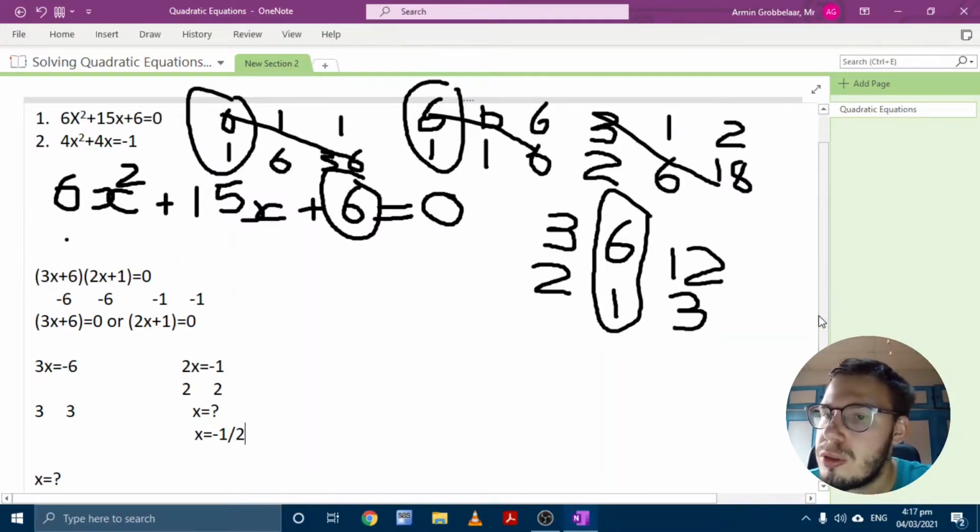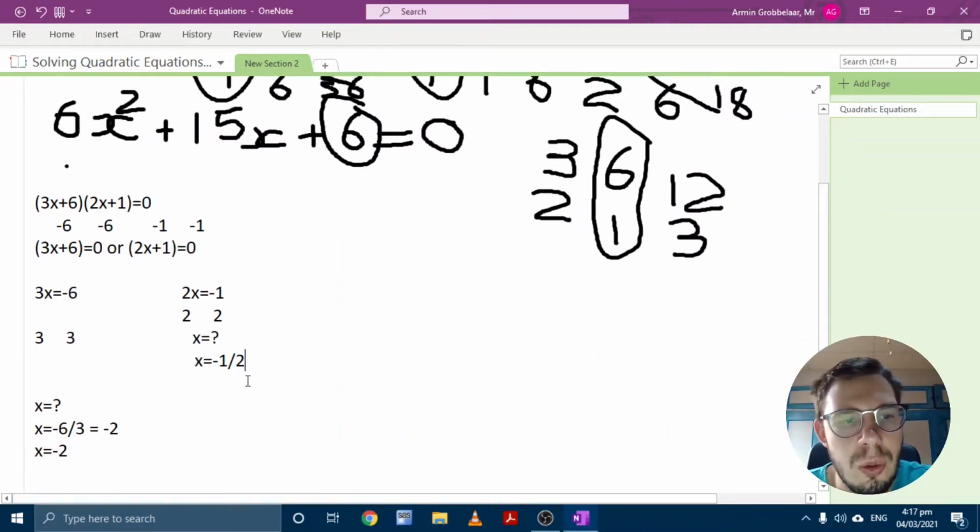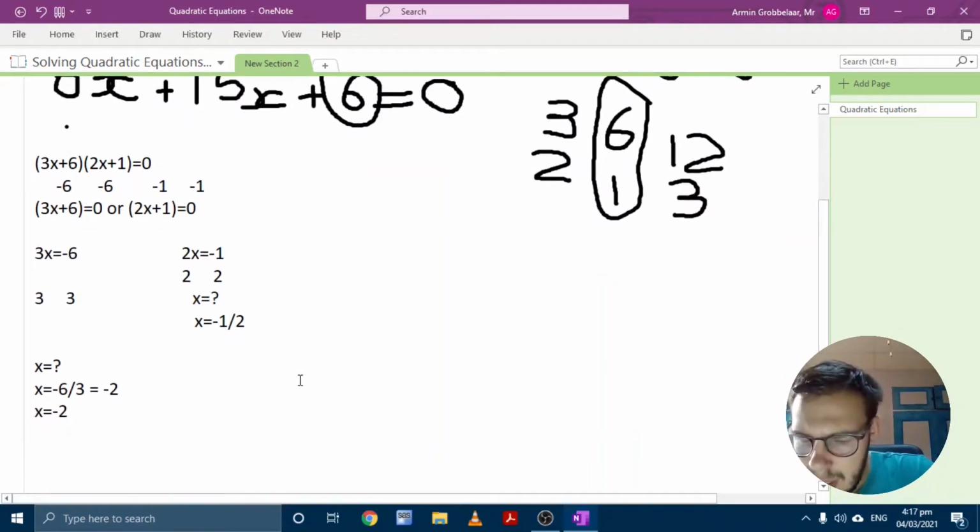So my two answers for the first question are x equal to minus 2 and x equal to minus a half. Now I'm just going to test my answers. I'm first going to test x equal to minus 2. So 6 times minus 2